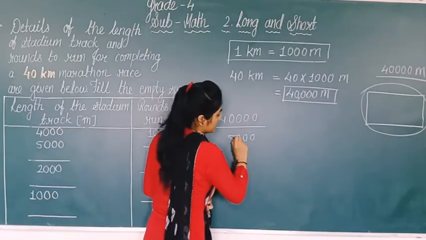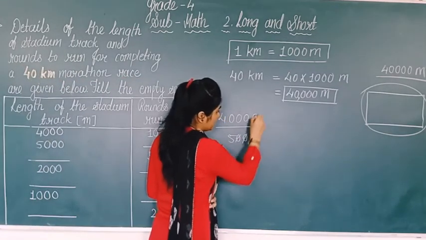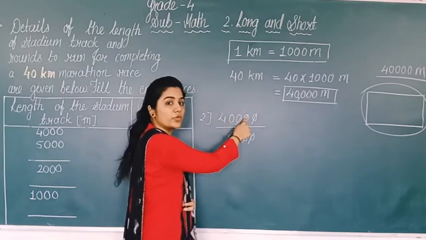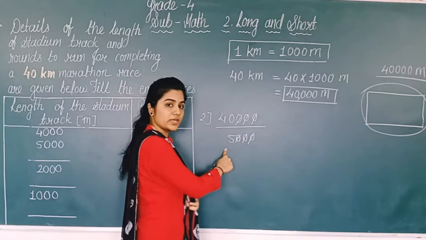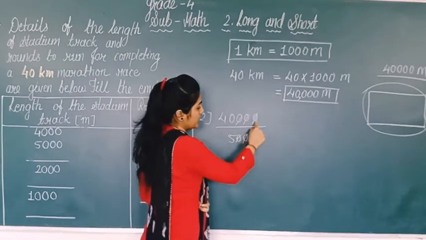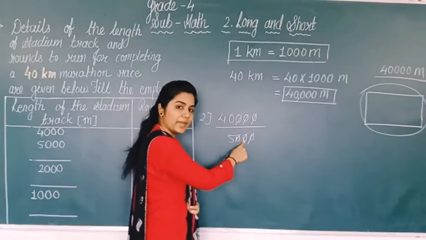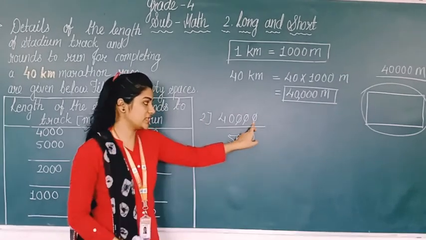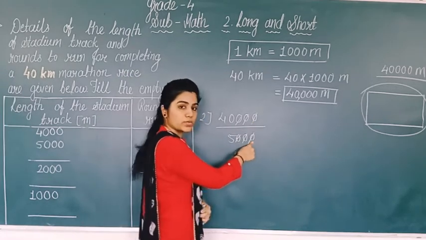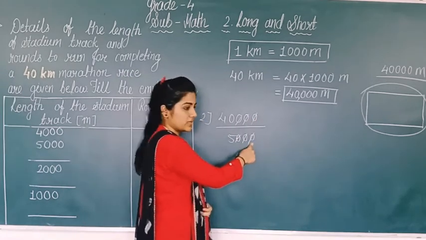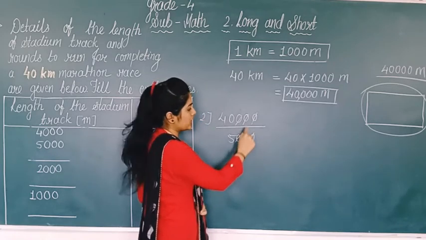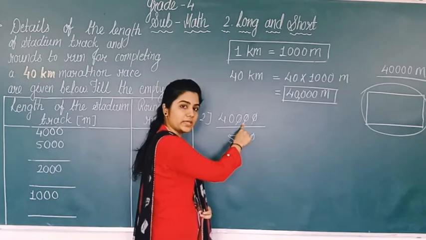So from the backside you can cut these 3 zeros. Why? Because this 40,000 is in the place of numerator and this 5,000 is in the place of denominator, right? So we can cut the zeros directly from the backside. If there was any other digit here, we could not cut. But 0 is given, so we can cut directly from the backside. So 1, 2, 3, 3 zeros are given, so we can cut these 3 zeros from the backside directly, right?